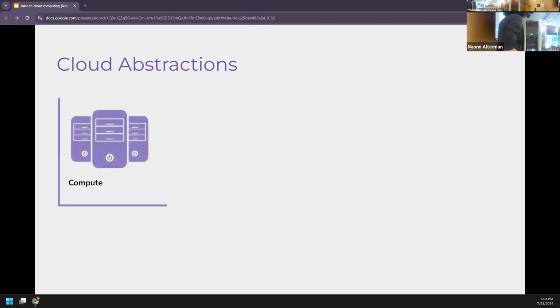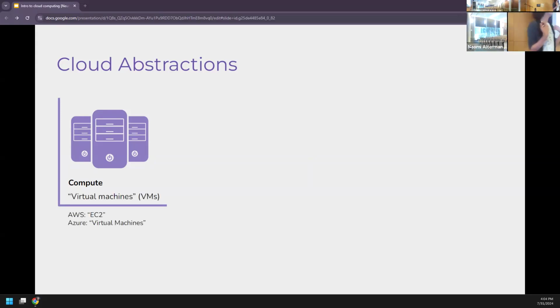So there are two main ones, and the most important one is probably no surprise, computation. The thing that you give Python code, or C code, or whatever, and it follows the instructions in the code you give it, it takes data, turns it into other data. In Cloudland, we call these virtual machines because they're very analogous to the machines that you have on your desk in front of you, or that are in the server rack in the basement of the building you work in. On AWS, on Amazon's cloud, their brand name for virtual machines is EC2, which stands for Elastic Cloud